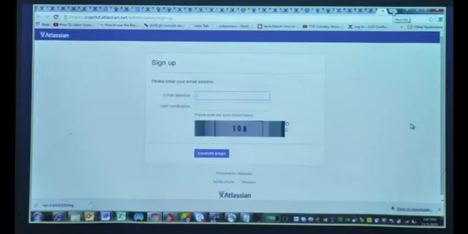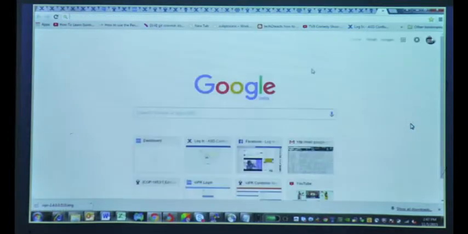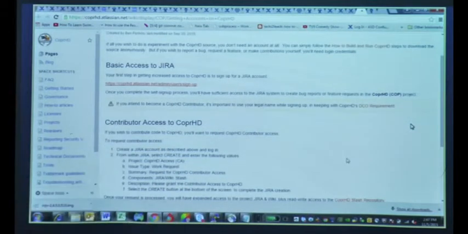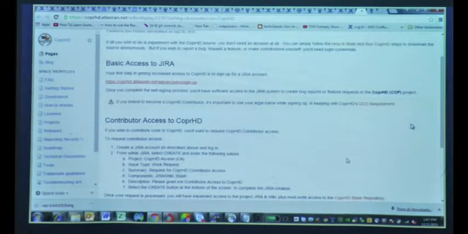So there are basically three things which you need access to. The first one is the stash, where you need to check in your code. The second one is the wiki, the Confluence wiki, where you get access to all our information. And the third one is a Jira website. The Jira website is the place where you actually find the defects which you will be taking up or the features which will be assigned to you.